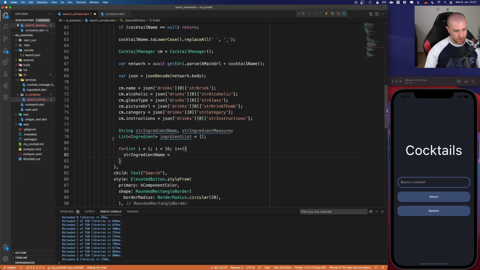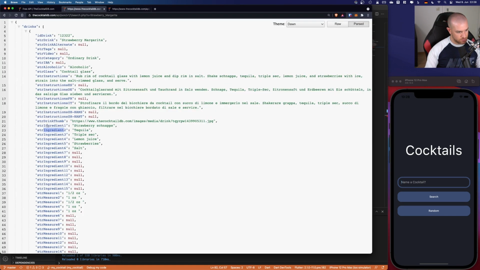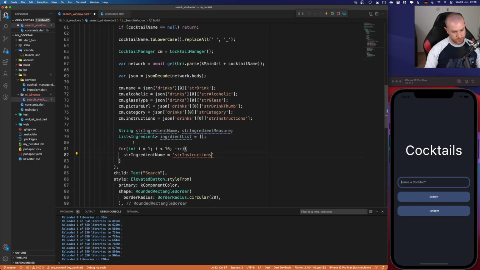Okay, cool. So it's not instructions. Why? Okay, str ingredient, copy this. Str ingredient, okay, plus e. So now what will be here? It will be, oh yeah, I need to